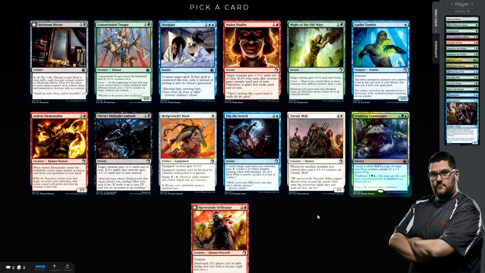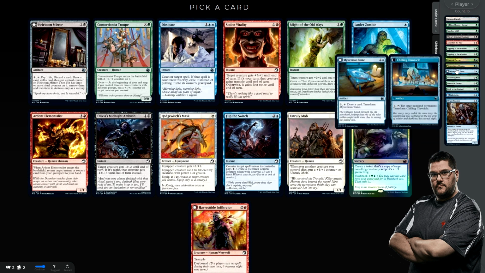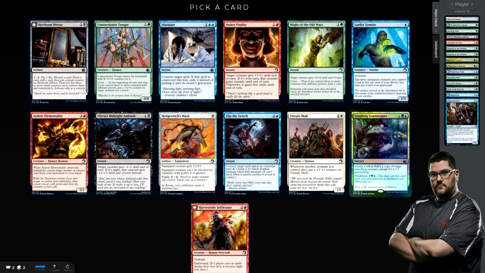Ooh, okay. All right, so we have an Eccentric Farmer. We have an Organ Grinder. As far as things to copy, I'm considering Croaking Counterpart and Contortionist Troop. I am noticing that there's a rare missing in this pack, so I can't really get a read on what's being passed to me. I actually like Contortionist Troop quite a bit, and Croaking Counterpart I do like, but I